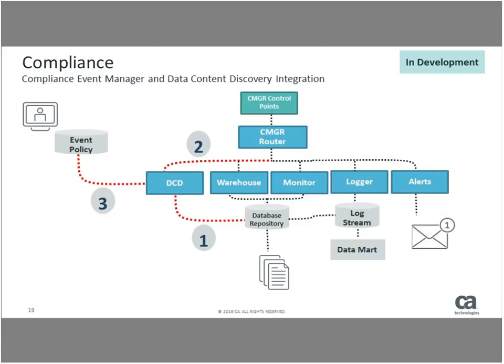But real quick before I do that, I'll talk about a couple of integrations that we have in plan between DCD and our Compliance Event Manager. One of them is to actually trigger some events when there's been activity. So when we find someone who is accessing data, we can actually trigger an event to be sent to say that a person is accessing a particular data set. We can also trigger a scan based on activity to make sure that we understand what kind of data